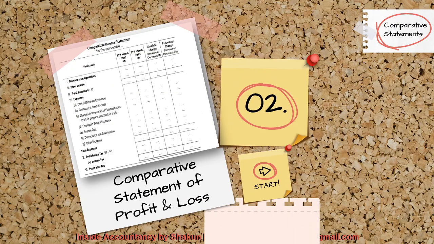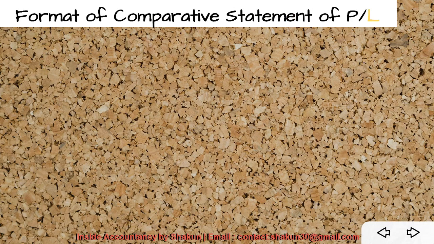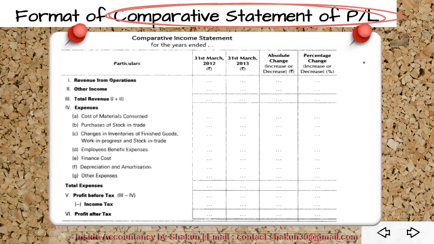Now let's talk about the comparative statement of P&L. Now let's have a look at the format. So the format of comparative statement of P&L, again, if you notice, is the one which we talked about in chapter 1. Again, the face of the statement of P&L would always remain the same. So this was the format which we studied previously. So this will be given, then the previous year and the current year balances would be given. So all this would be given to you in the question. Till here it would be given.